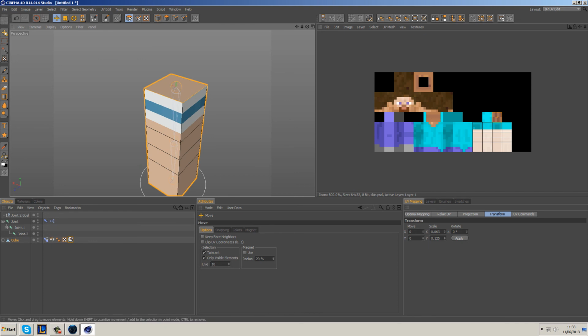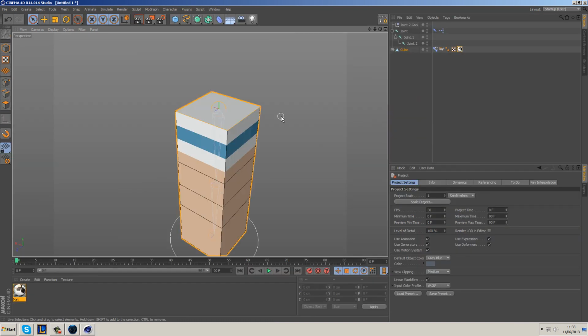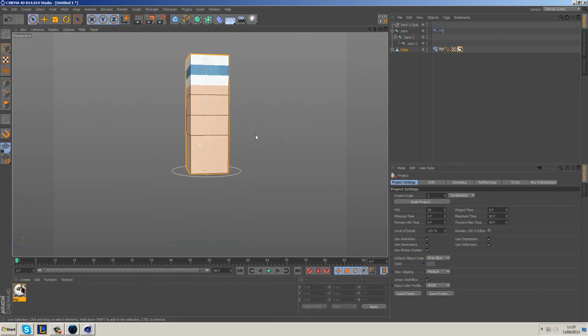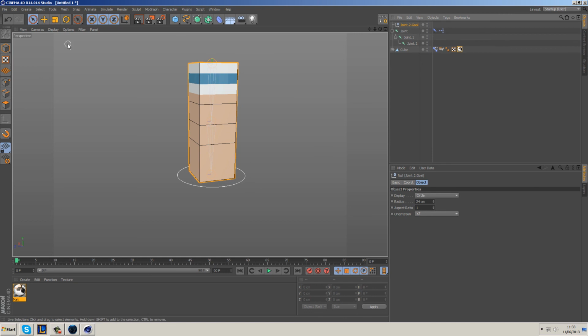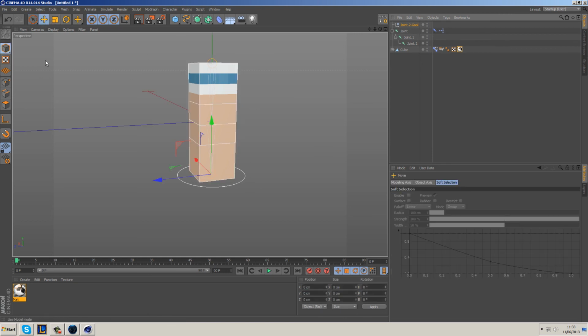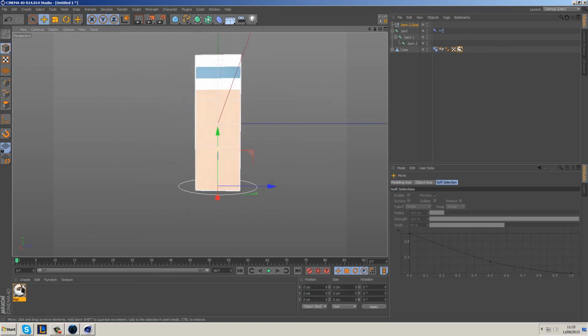I actually only meant to select one, that one, and we can move that back to the top. There we go. And then we can go back to the standard startup, and that is pretty much the character rigged and textured. So what we can do now is actually grab the